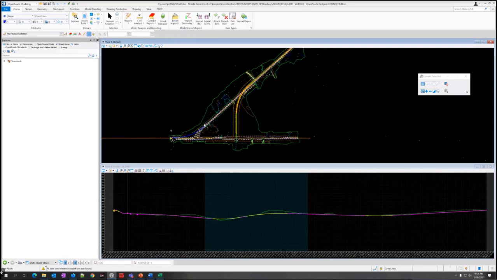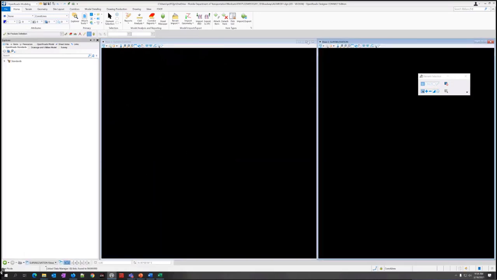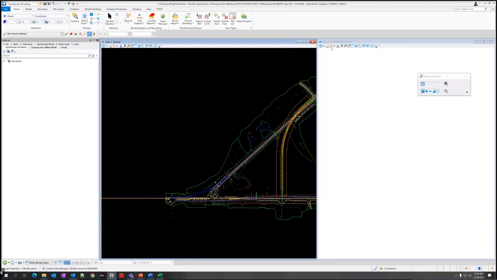And so it's just plan and profile. That's kind of what you usually see. That's the default views. So we need to go to the super elevation views over here. The one caveat I'll say, it does super elevation in both views. So if you hit F2, you try to bring the 3D view. Well, I got super elevation 3D over here, but over here it's just default.